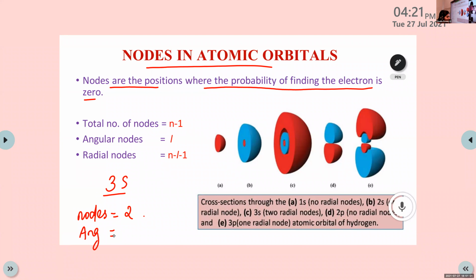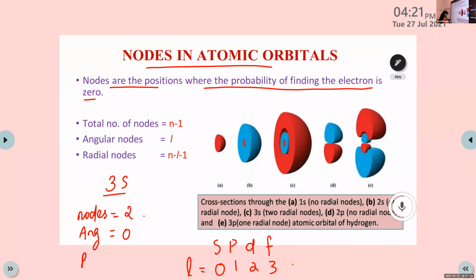Unmute. You have to remember these values: s, p, d, f, and 0, 1, 2, 3. So can you tell me now? Here it is the s subshell. So which value for L? Emmeline, can you tell me? 0. Yeah, 0.